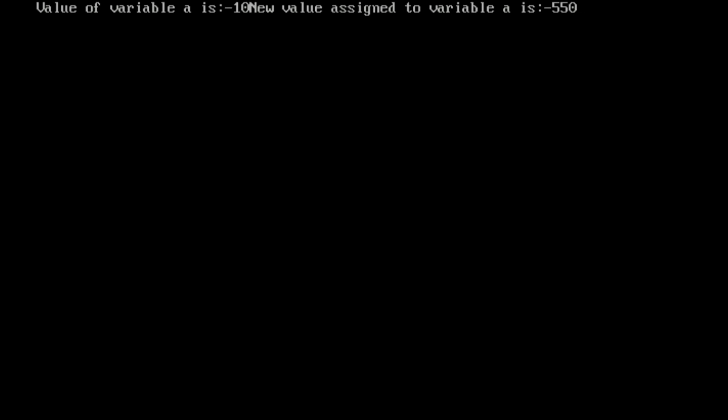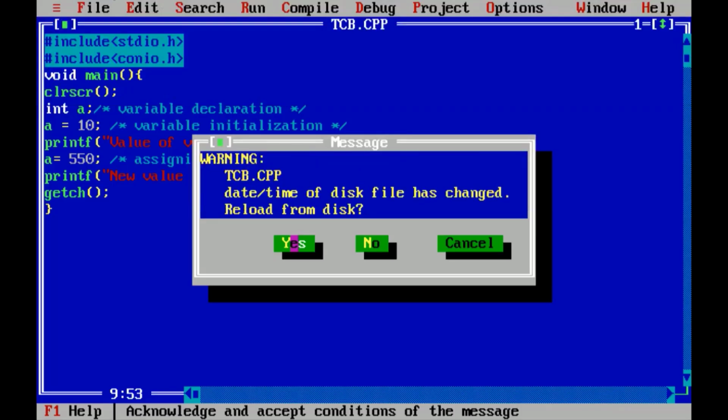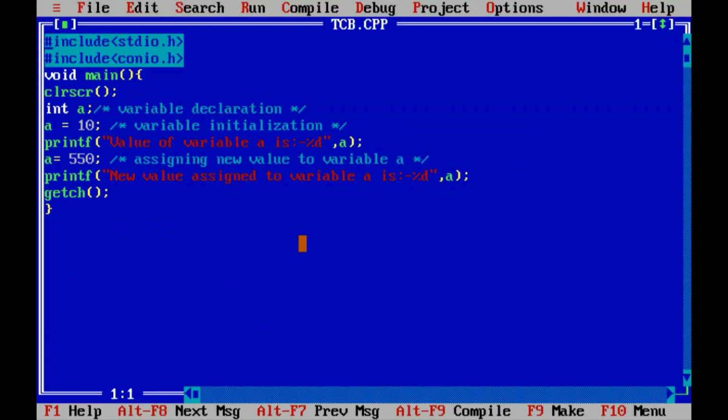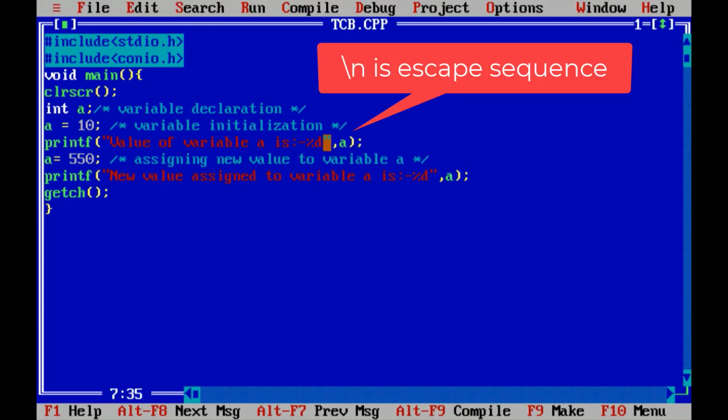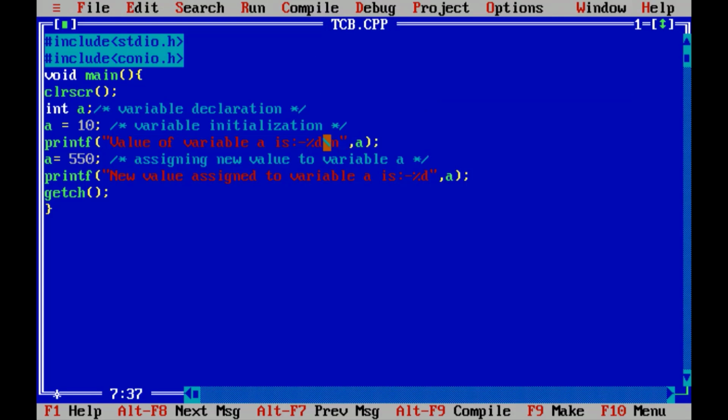But both lines are joined. I don't want both print statements in same line. For that I will have to make use of special character, that is \n. What \n will do? \n will separate one line from another line.